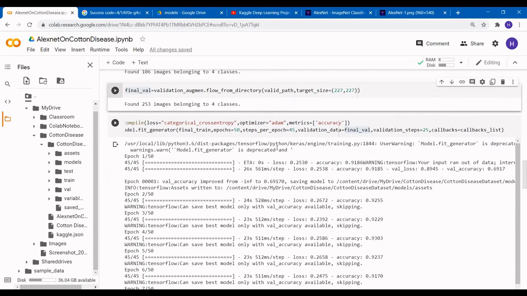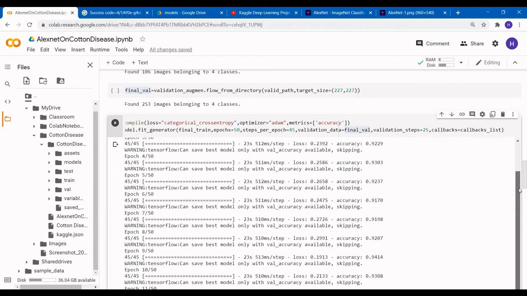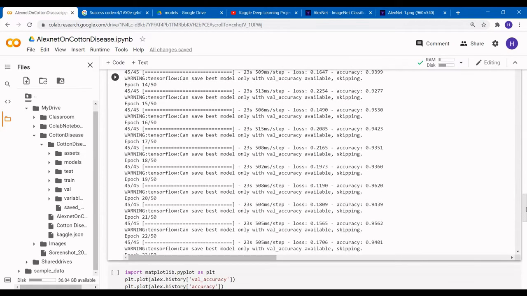As you can see, after one epoch, our validation accuracy improved to 69%, which is a higher accuracy for our model. If our validation accuracy does not increase, it simply skips that epoch, so it saves computational power with the help of model checkpoint.